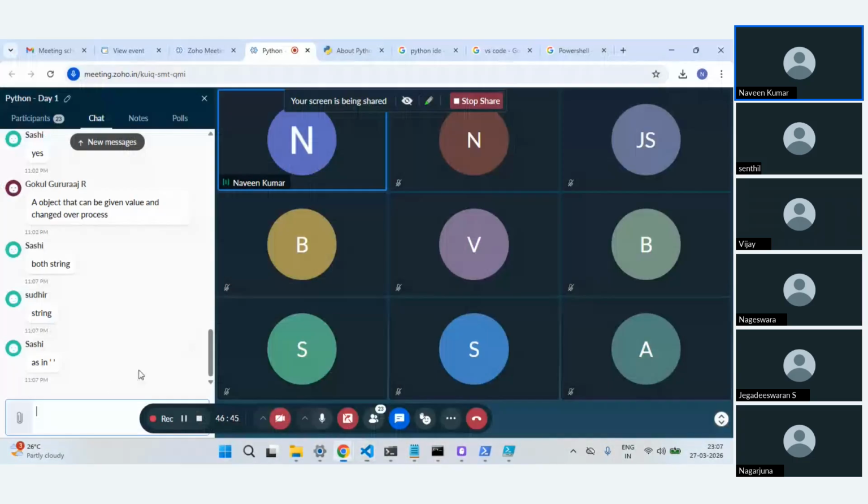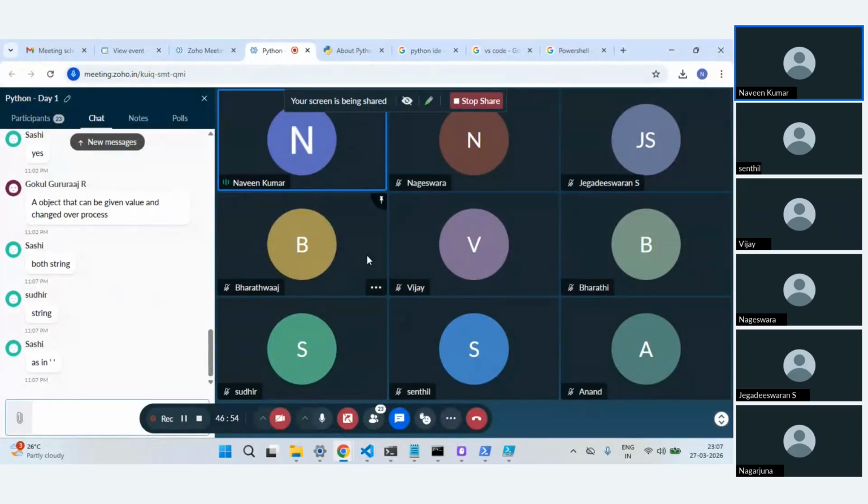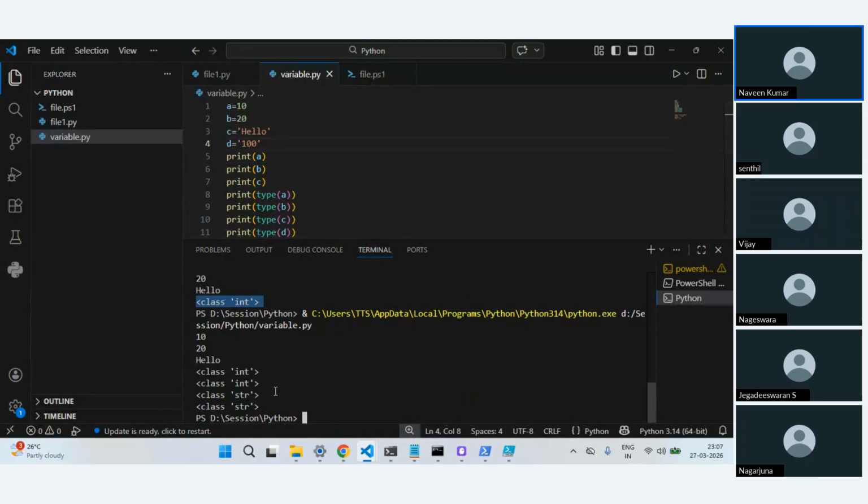Any other answer, or does anyone have a different opinion? Okay, let me run. As Sashi also mentioned, yes, D is considered a string because it is within the single quotes.